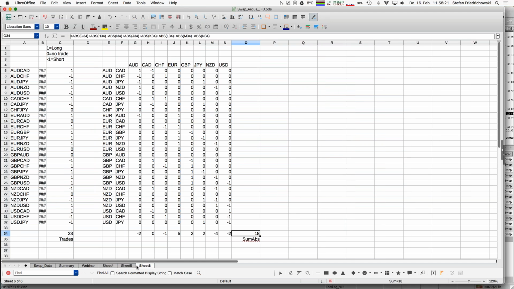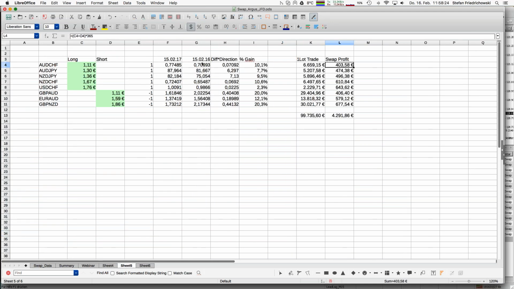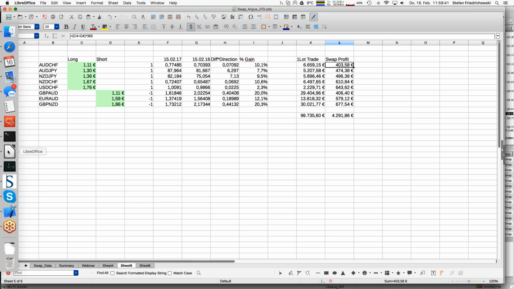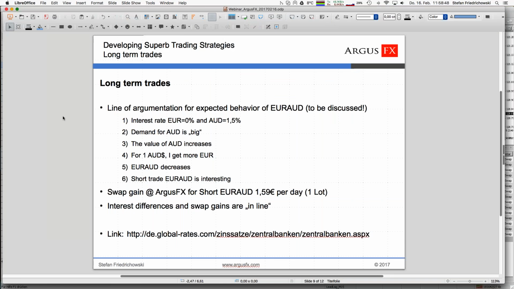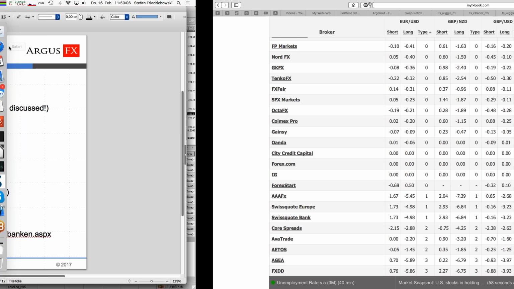It's only done by this 1-year consideration of price changes, and all of the 8 get good numbers. So it's already quite promising, but that's not enough. So finally, it means a good idea as well. Entering long-term trades into those directions which generate the highest profits per day out of swaps does not look bad. Quite interesting, but it needs additional historical consideration, because of course I know, and let me go to that webpage here as well,